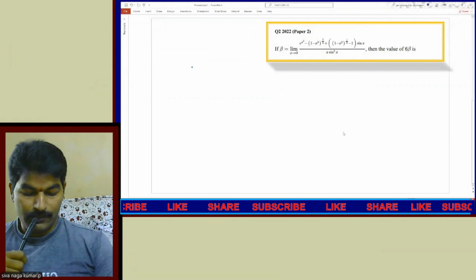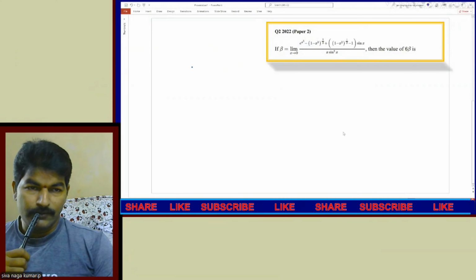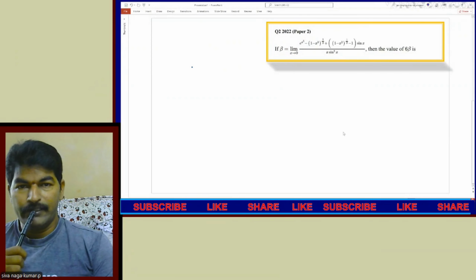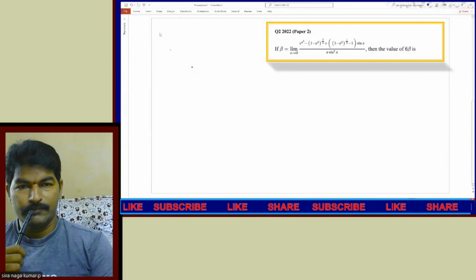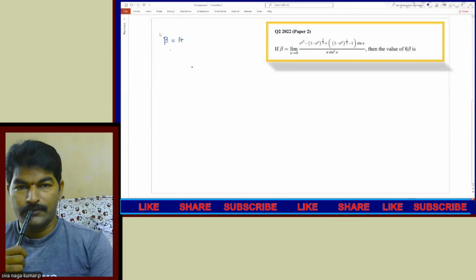Hello again. Take a look at this present question. What it says, and this question is from 2022, paper 2. He defined some beta, and beta is defined as beta equal to limit x tends to 0,